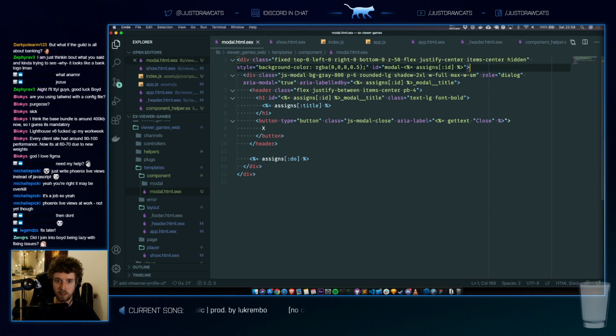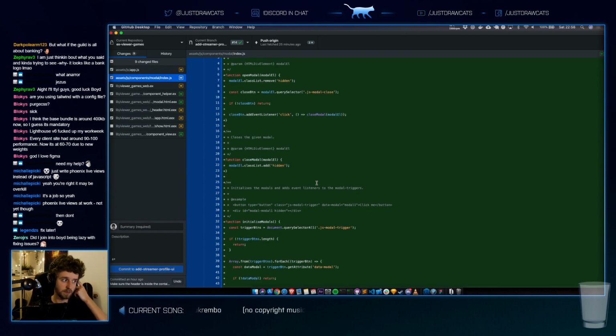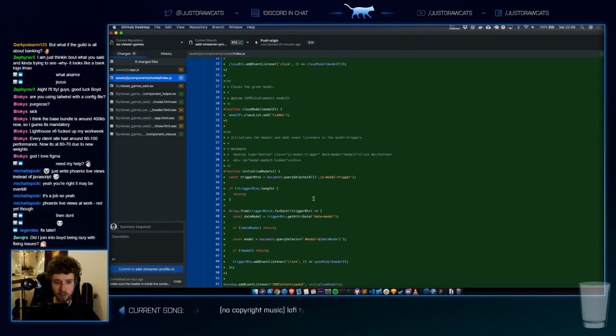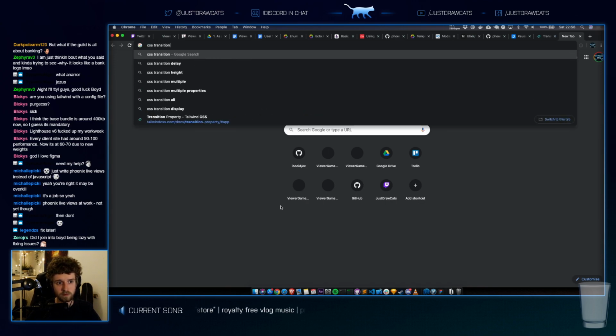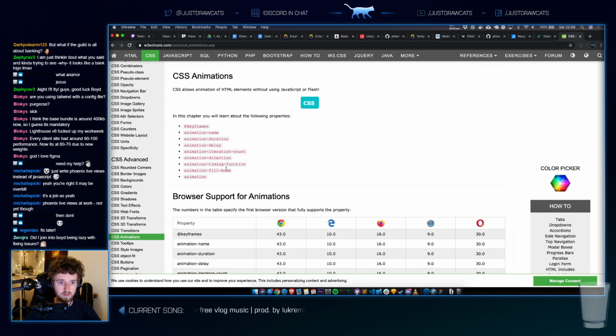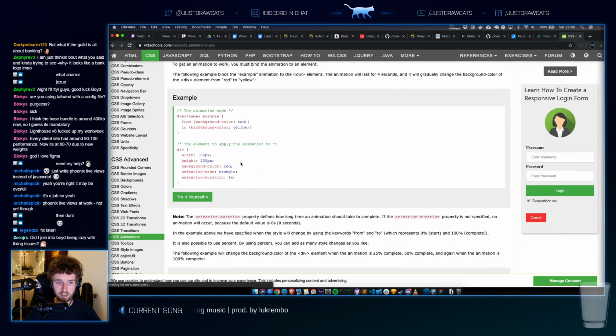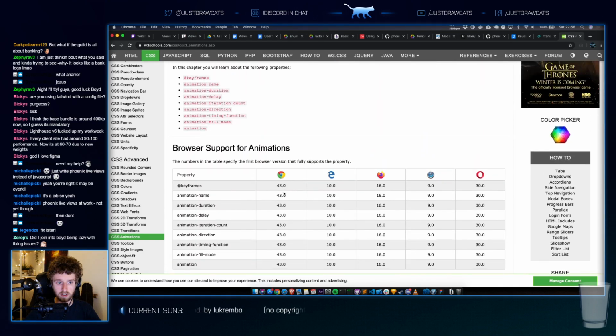No animation. I think for animation we'll have to look properly into what we're going to be doing. If you're just hiding and showing elements, I don't know if hidden triggers the transition, that animation. But maybe we can set the animation on the element for it to trigger. That might work.